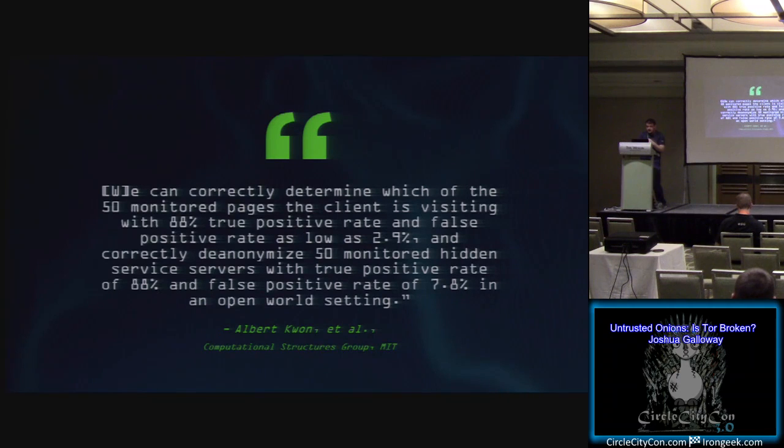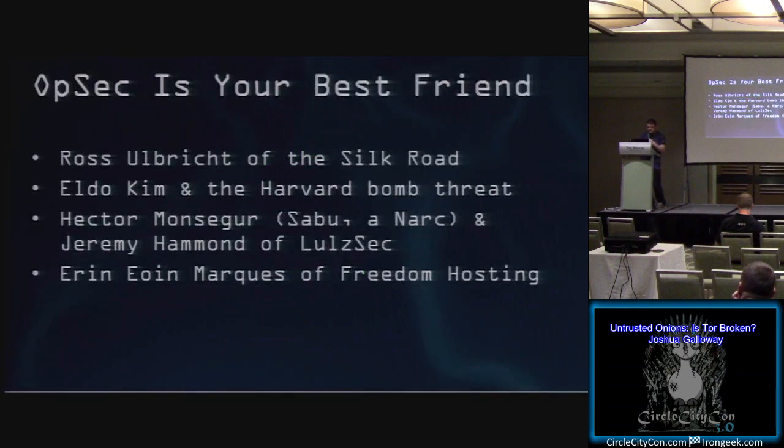Now, I can't say whether there's other de-anonymization attacks that actually are effective. I mean, the FBI is rumored to have some, but those details are not public. But what is known is that all the famous busts of people using Tor were always OPSEC failures. These are some examples. Many of you may know the story of how Ross Ulbricht was busted. He did not keep his online identity separate.